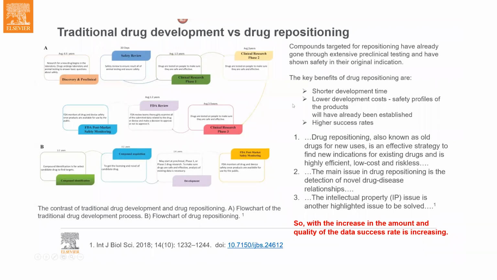And the key benefits of drug repositioning are that you can seriously shorten development time, and you can decrease the costs of the development, at least because the safety profile of the product is already known, because it should be an approved drug. And the success rate would be higher, at least because of knowing the safety profile, you can present and get insights about good dosage, pharmacokinetics, etc.